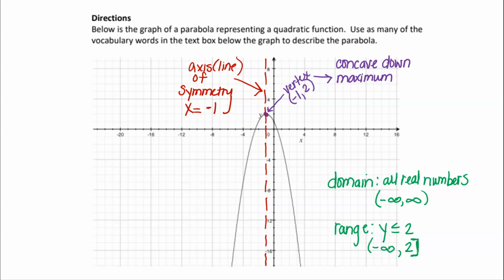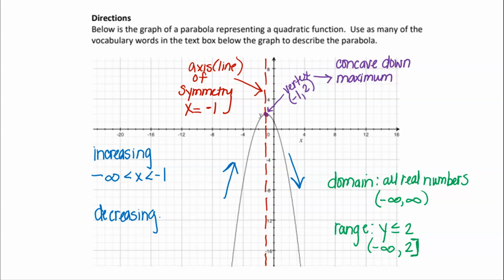And then the last part that you could talk about here is when it is increasing and when it is decreasing. And that's as simple as this side of the graph is moving up as I move from left to right. This side of the graph is moving down as I move from left to right. So increasing: it's increasing from -infinity. Again, with intervals, we're always talking about the x-axis. So it's increasing from -infinity to -1. So -infinity is less than x is less than -1. In that range of x values is when that graph is increasing, and it is decreasing